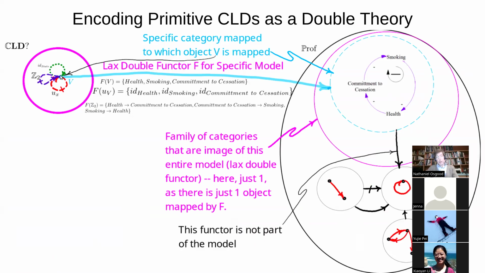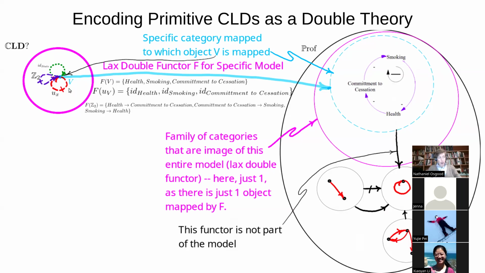Okay, look, V turns into a set. That is the set smoking or health, commitment to cessation, and smoking, the variables. That's what V turns into, the variables. And in a C set, that will be the end of story, right? It turns into a set of disconnected elements. But here,